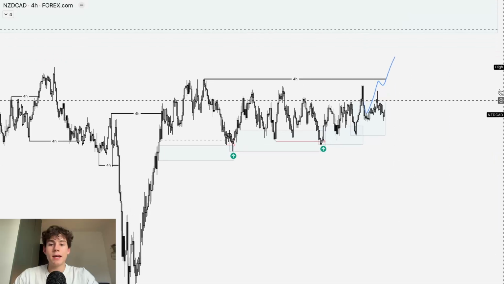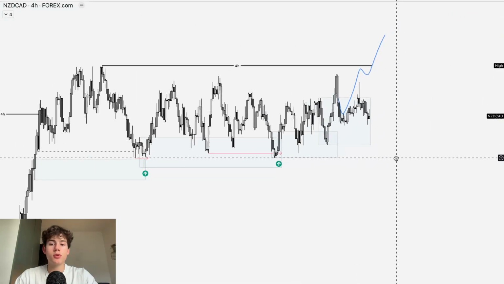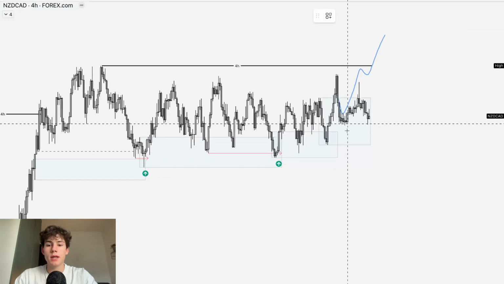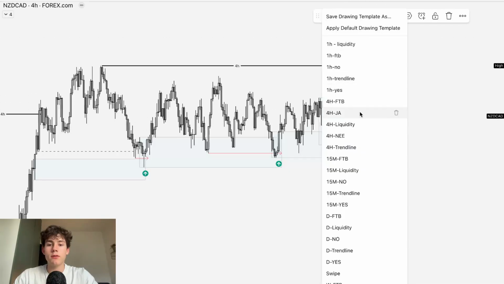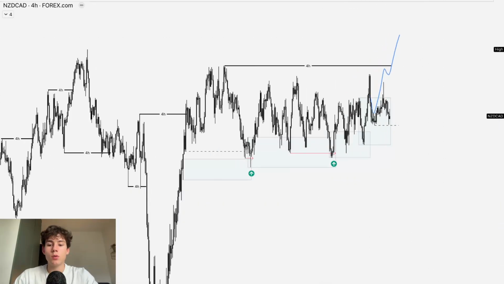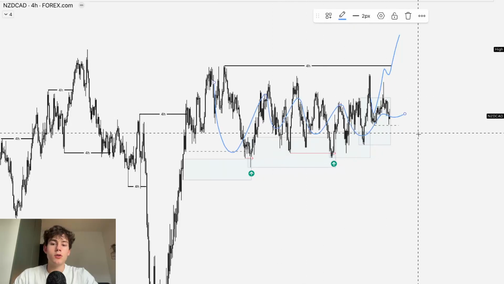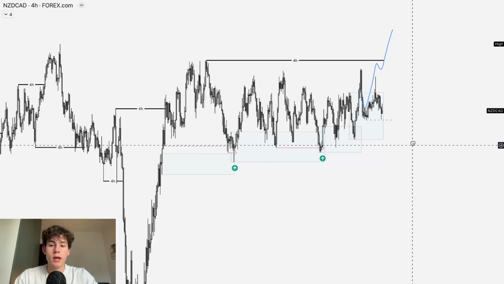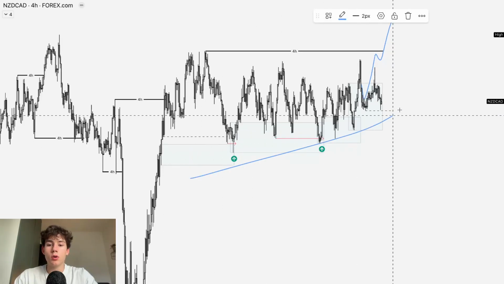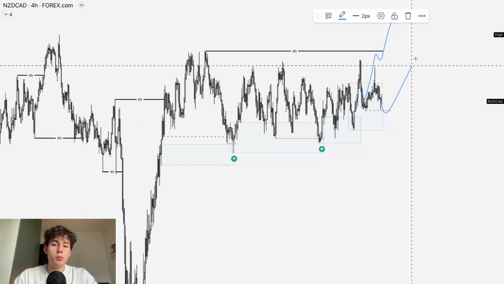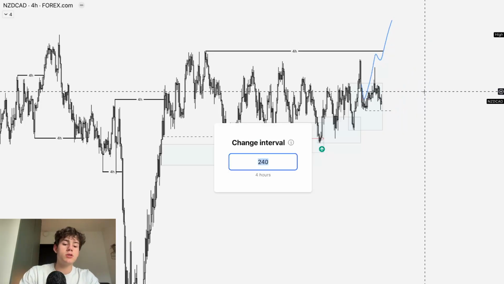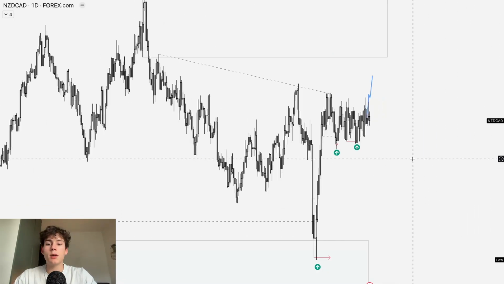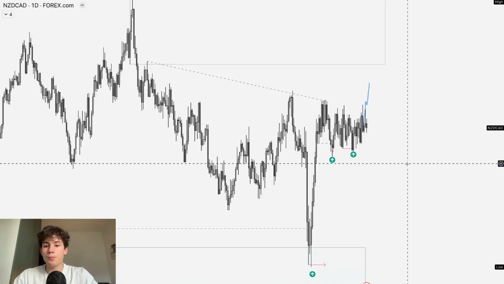Looking at NZDCAD, we still have bullish order flow, so I could still expect some upside. We do also have some more liquidity over here, but again, the same thing, we are consolidating, so this is quite tricky to take any setup long or short. Overall, the order flow is holding and we have some liquidity to push price up higher, but this is not going to be an A+ setup, whatever you're trying to do.